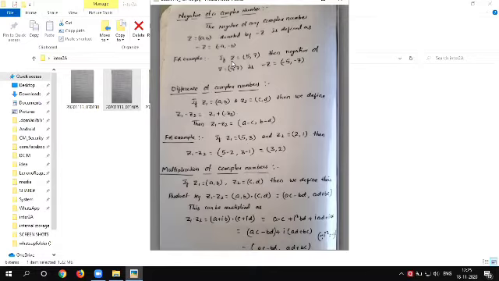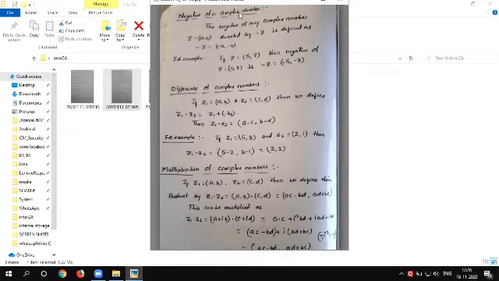If we take one complex number, suppose we take z equals a comma b. Have to calculate here the negative of z, that is denoted by minus z. That is defined as minus z equals, simply we write, minus a comma minus b. Have to put minus before a and b. Suppose we take z equals a comma b, then the negative of this z is nothing but minus z, that is equal to minus a comma minus b. This minus a comma minus b is nothing but the negative of a comma b.